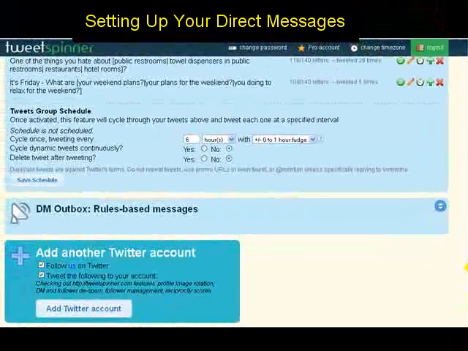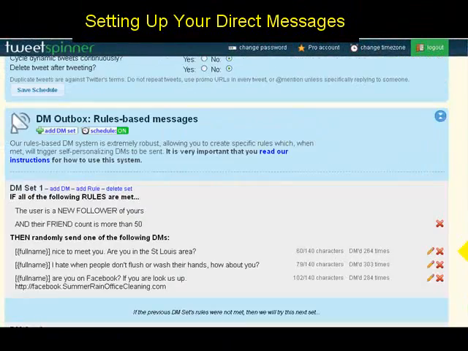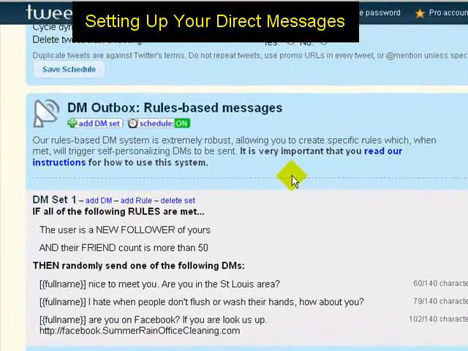Okay, now go ahead and go down to DM outbox rule. This works similar to the smart tweets. It's a little bit different setup, but it basically has some of the same rules. And up in the top, so first of all, you turn on schedule, and then you click add DM